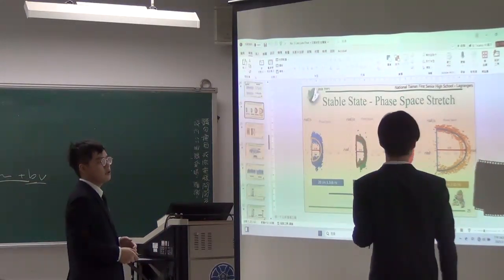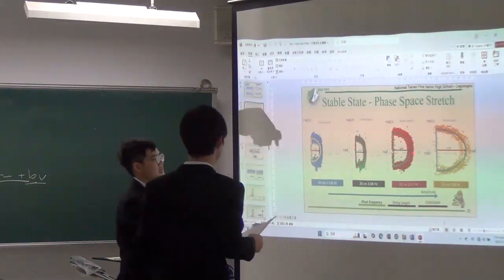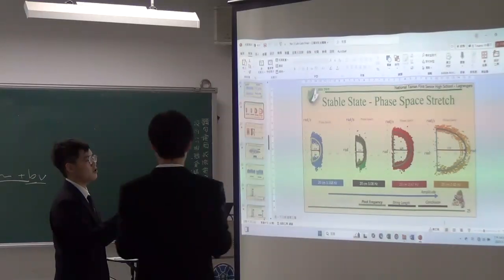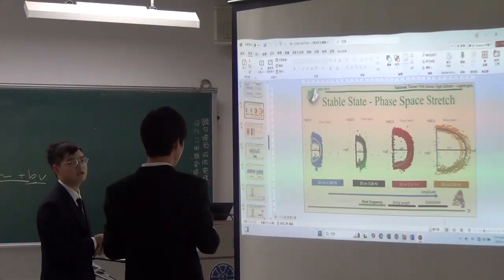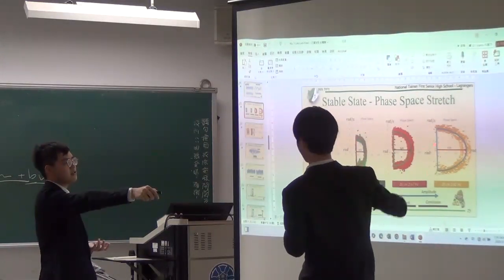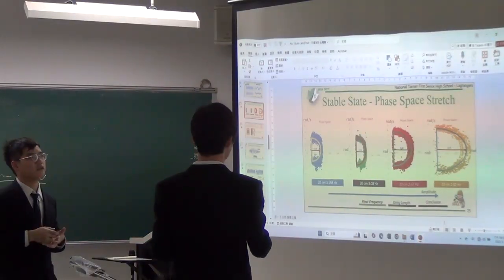As you can see in the graph, the place right here is the same in all four phase spaces. This is because we control the size of the ball in the experiment. Did you calculate it? Yes, this is the arcsine of the ball size and the length of the string.